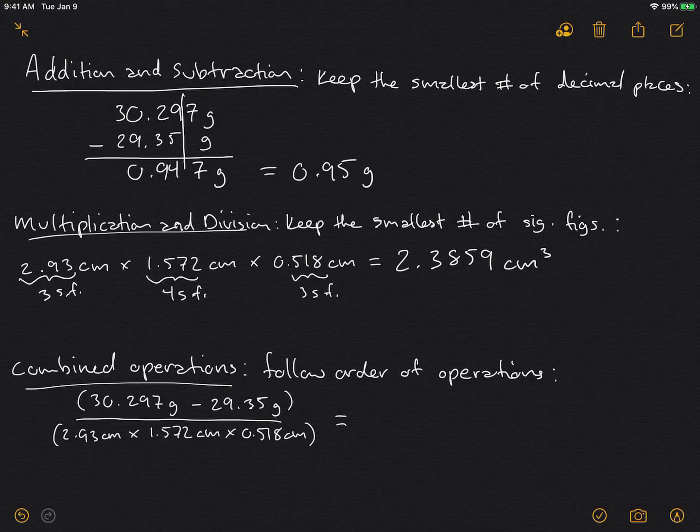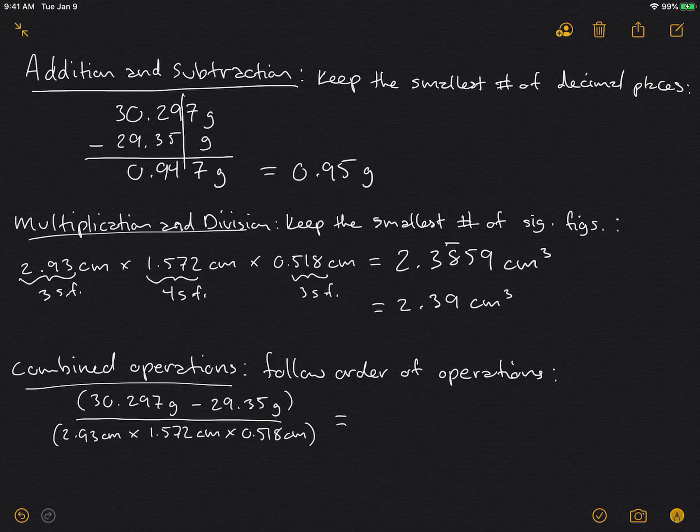So I'm going to draw a line here, and that tells me that that's where I'm going to round that off. If you were going to use that in another calculation, you would just keep all the digits in your calculator. But I like to draw a little line to let me know where I'm going to round that off. So in that case, I would round this to 2.39